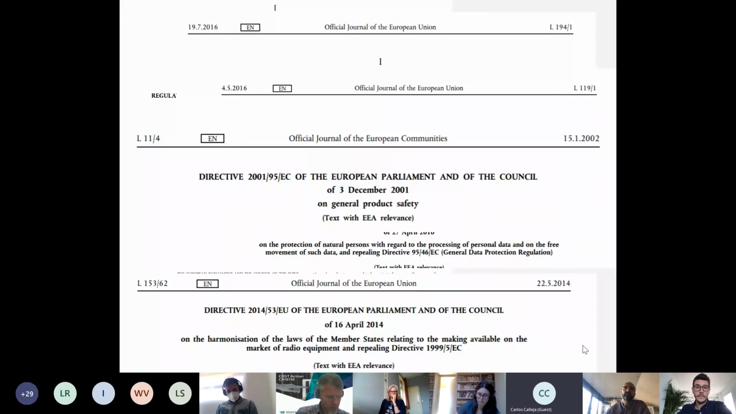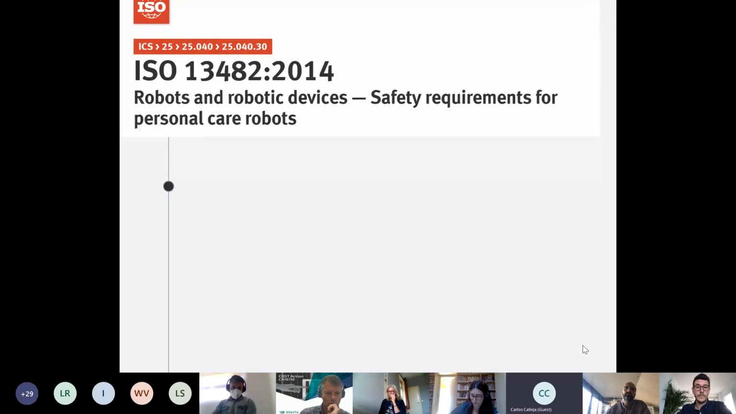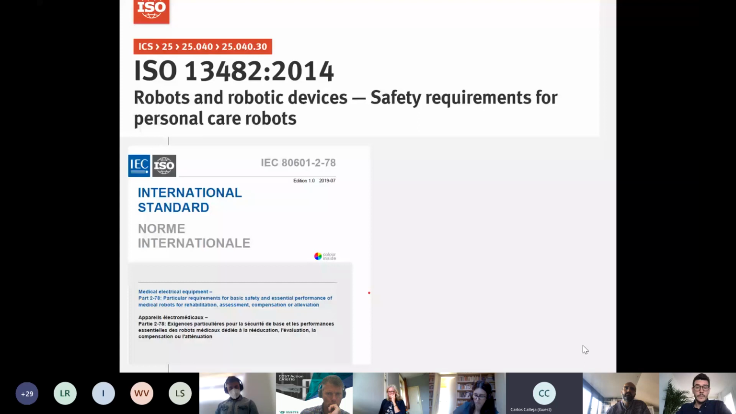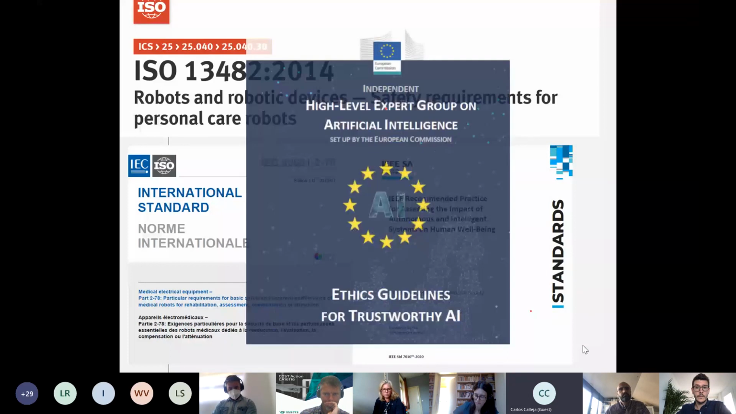So in a nutshell, far from the three very settled rules, it seems we have a very complex environment. And one feature of that environment is that it works with co-regulation. So it's not only that the legal rules set very, very broad standards, but when it comes to the specificities, we also need to factor in several technical standards and ethical guidelines. So the ISO 13482 is one of them, but we also have the IEC standard on medical electrical equipment, and we have to factor in the recommended practices for assessing the impact of autonomous and intelligent systems. And well, when it comes to ethics, we also have to factor in the ethic guidelines, and we also have